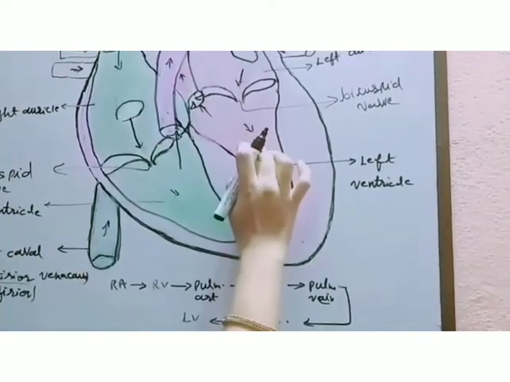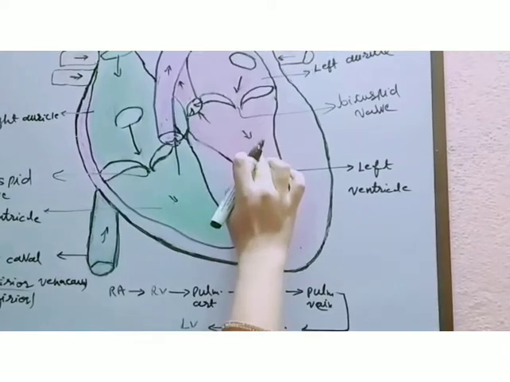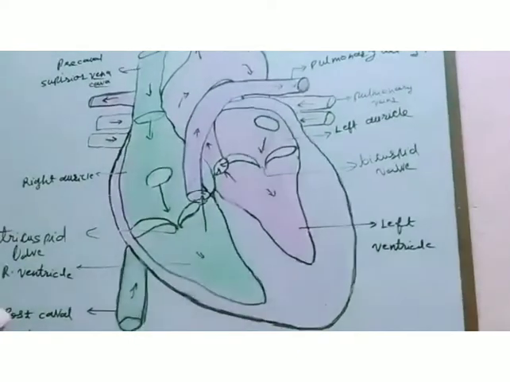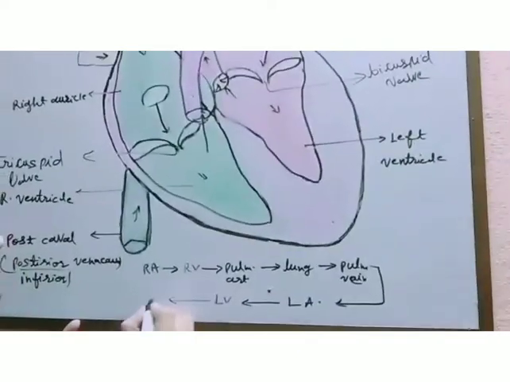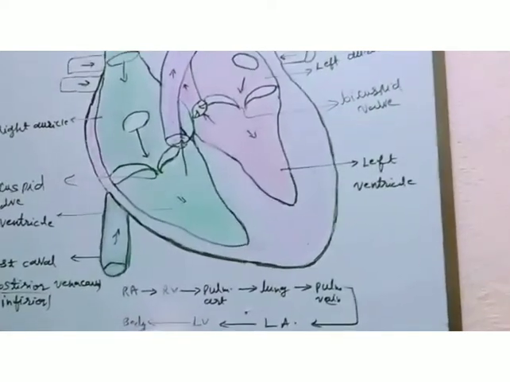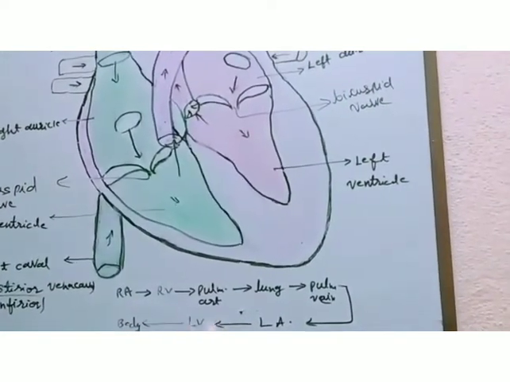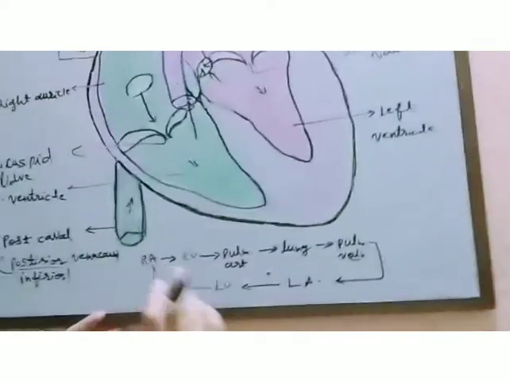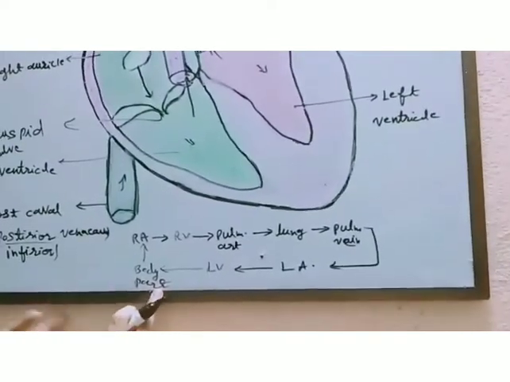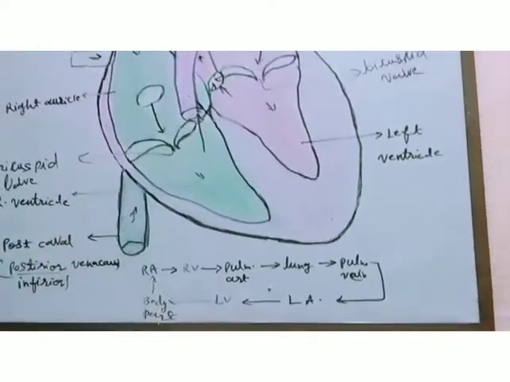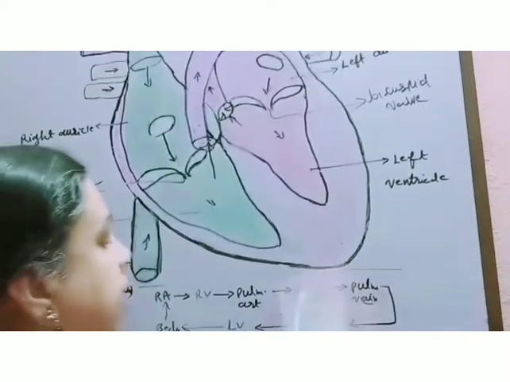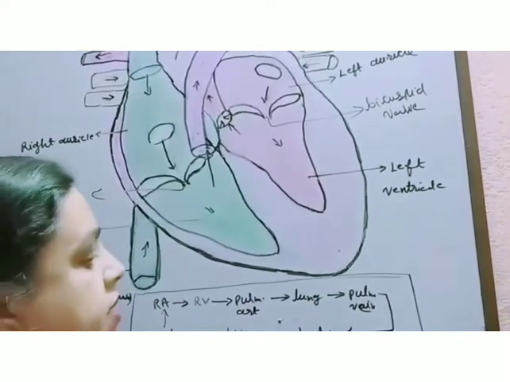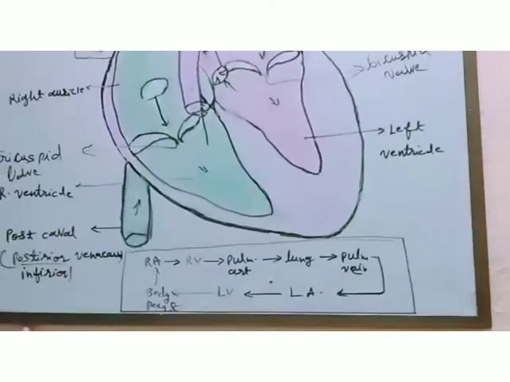From the left ventricle, the pure blood is received by the aorta and distributed to the body parts. Then again from the body parts, after utilization, the deoxygenated blood is carried and poured into the heart. So this cycle continues. This is the way of circulation in human beings, in which the blood circulates in a closed system of blood vessels.